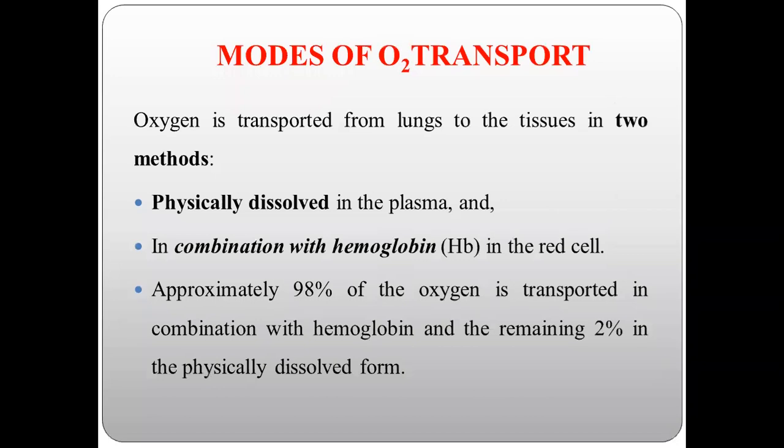Now what exactly you have to write for this? Whenever you are writing long essay questions, you have to start with the introductory part first. So what you are going to write for this particular question is how oxygen is transported. What are the different modes of oxygen transport? Oxygen is transported from lungs to the tissues in two methods. Firstly, it is physically dissolved in the plasma, and secondly, it is in combination with hemoglobin, which is present in the red cell. The physically dissolved form is only 2%, whereas in combination with hemoglobin, 98% of the oxygen is